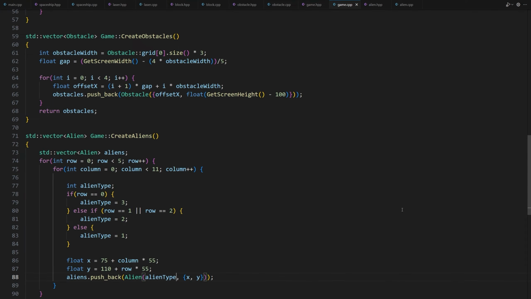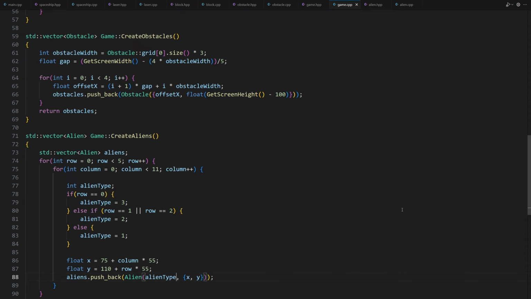Before we move on, let's optimize the code to load the game faster. Now, when we create an alien object, we load an image from the disk. This takes time. And since we have 55 aliens, we load an image from the disk 55 times. We can do better. We only have 3 alien images. We can load all the images, just 3 image loads, and use them for each new alien without loading them again. How can we achieve that?